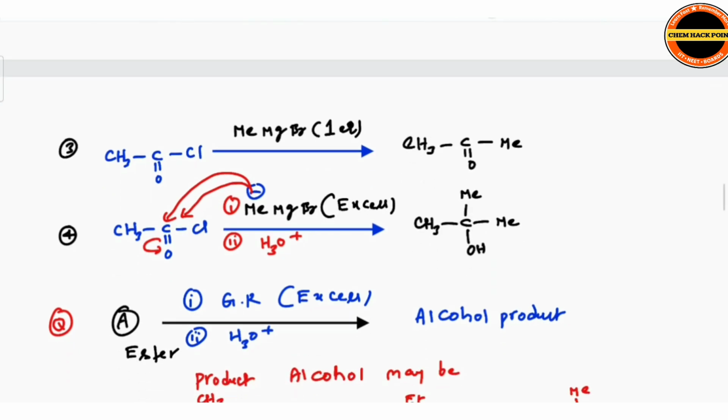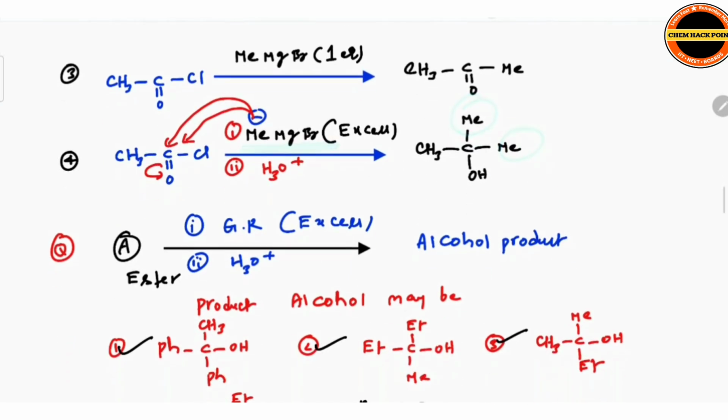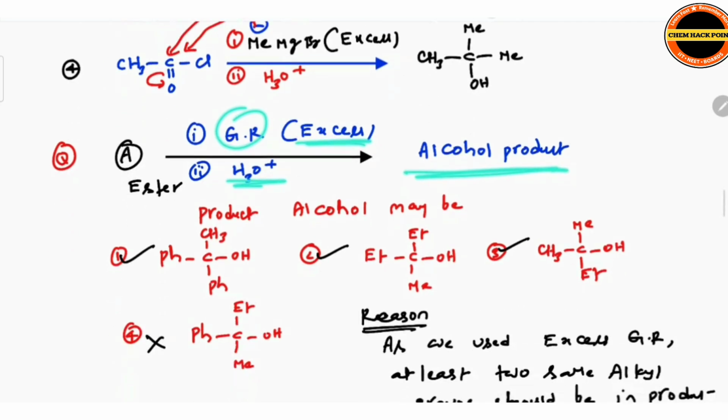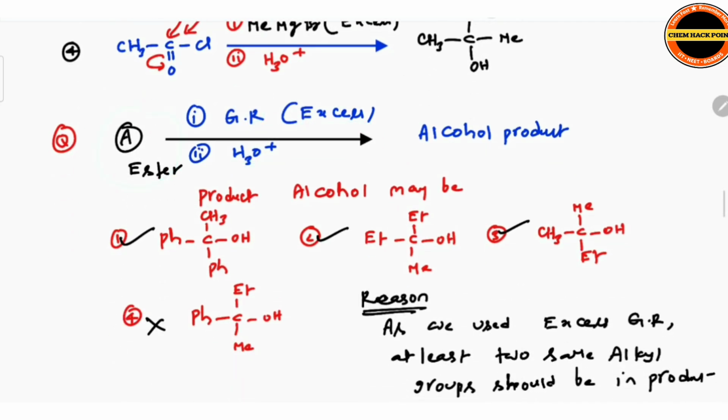Whenever an excess amount of methyl magnesium bromide is taken, two methyl groups are added. Grignard reagent in excess, then H3O+, gives an alcohol product. So what is the ester here? The product may be an alcohol. What kind of alcohol can you see? Grignard reagent in excess means